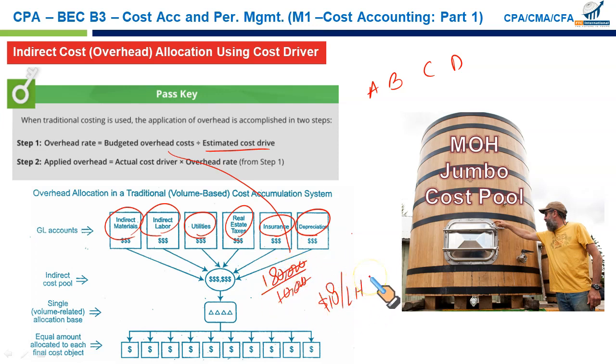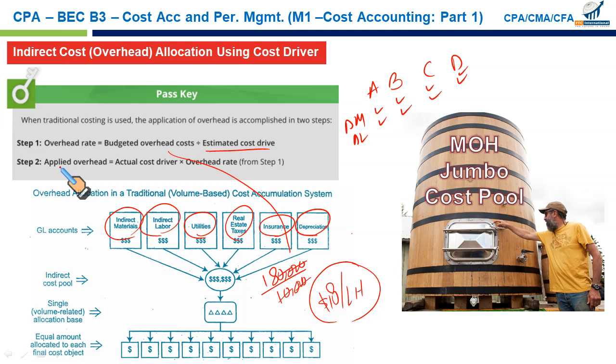Now this is important. We know direct material and direct labor can be easily traced to these four products, because they are direct, easily identifiable. How do we allocate indirect material, electricity, gas, water, rent? We can allocate using this rate that we have established. This is the way we will apply the overhead, sometimes called overhead application, sometimes overhead absorption, sometimes overhead recovery, or sometimes overhead allocation. All are the same, right?